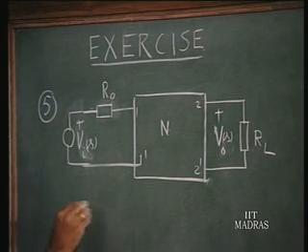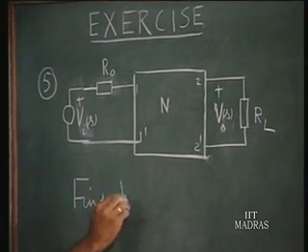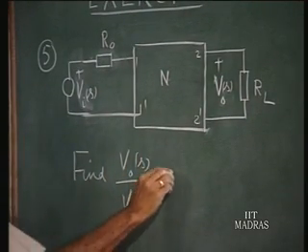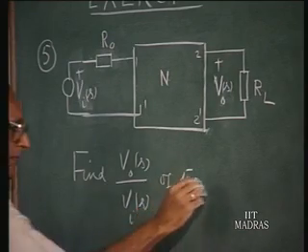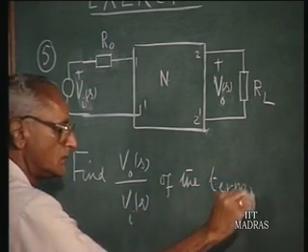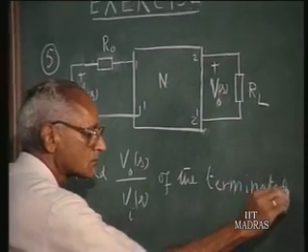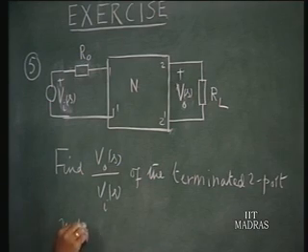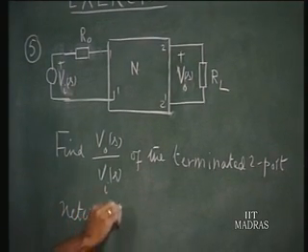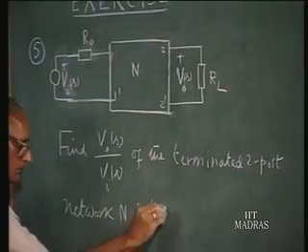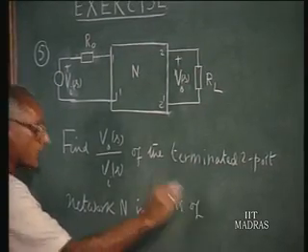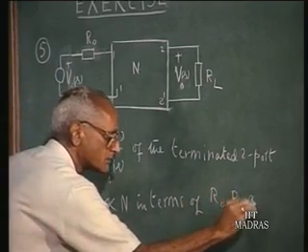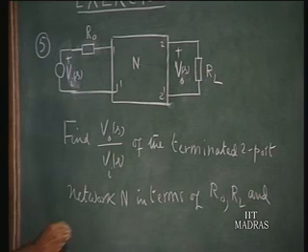You are asked to find the transfer function V0(s) over Vi(s) of the terminated two-port network N, in terms of, naturally you must have R0 and RL entering the picture, R0, RL and the Z parameters